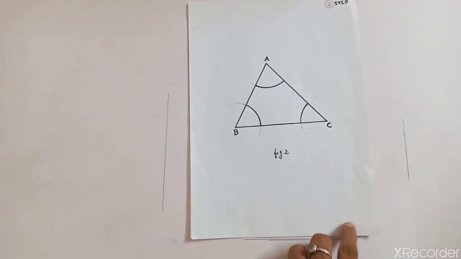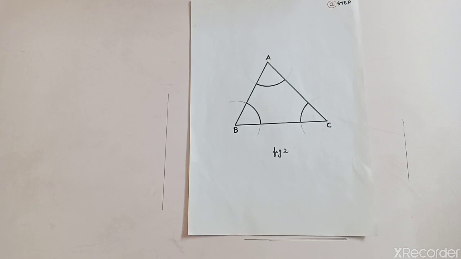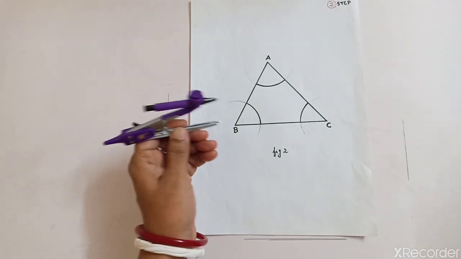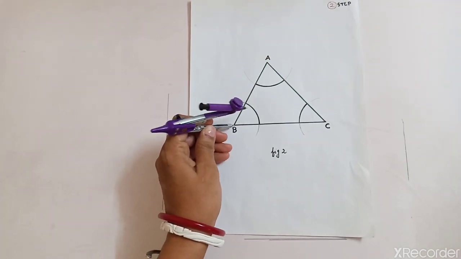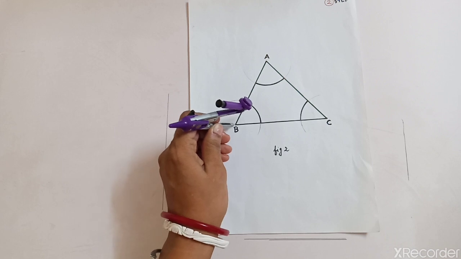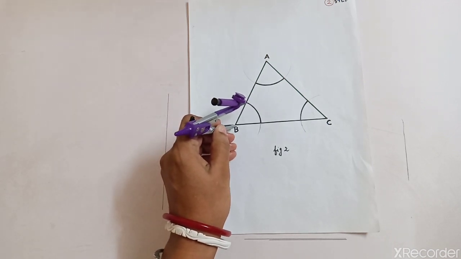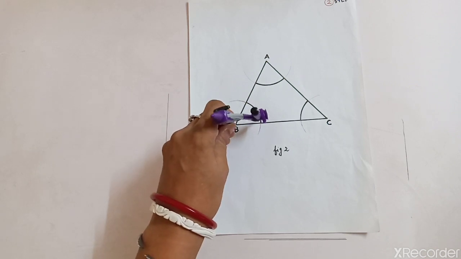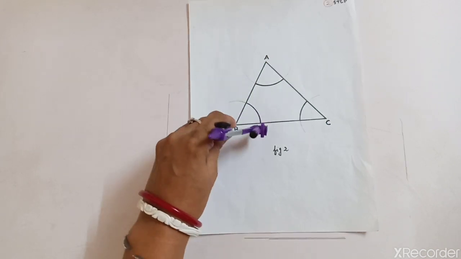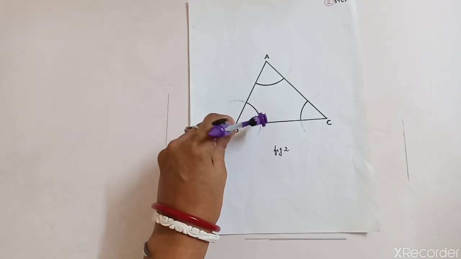Now again here I have drawn the same triangle, and then we will draw the angles of this triangle using a compass. So you all have a compass. You will take the compass and keep it at the vertex of the triangle, and you are going to draw an arc in this way, and you can see the arc will cut both the sides of the triangle.